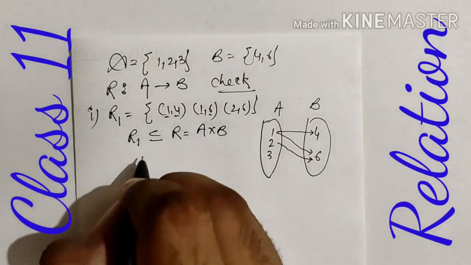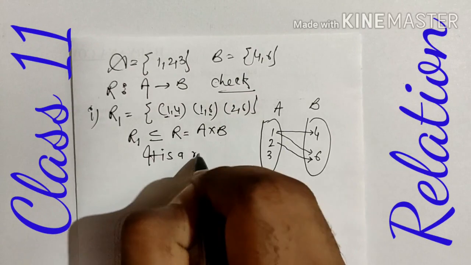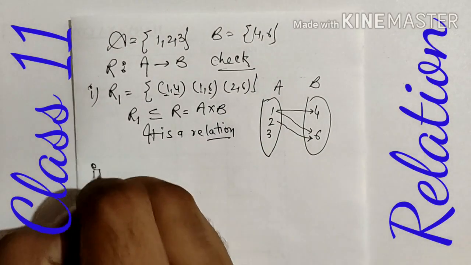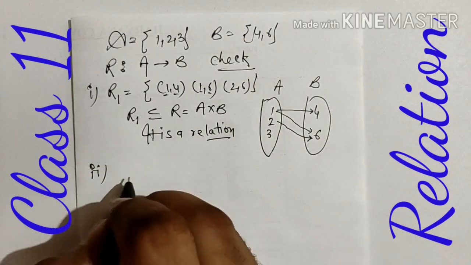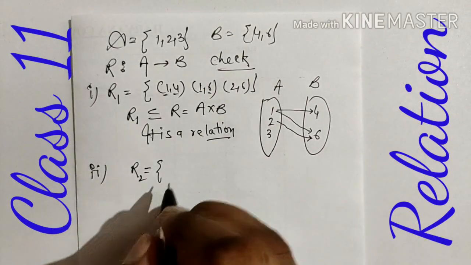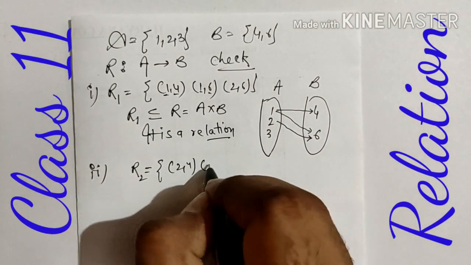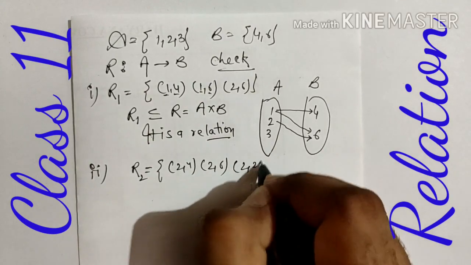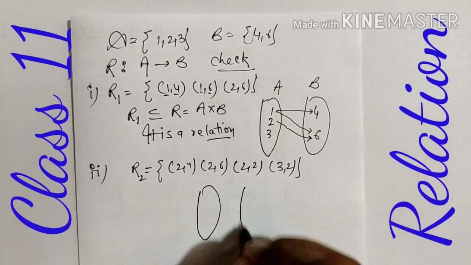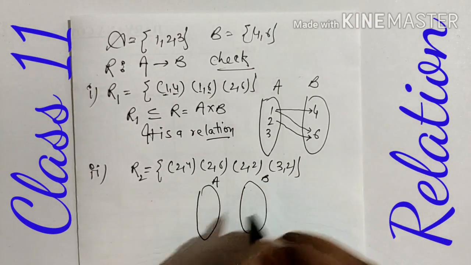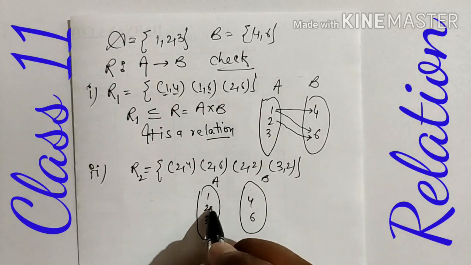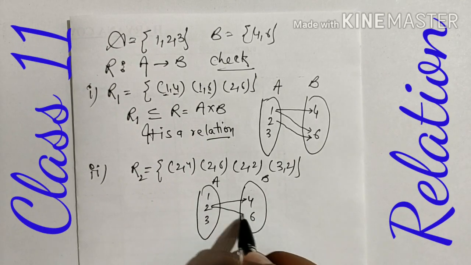So it is a relation. Here we are giving part of relations. Another example we are taking here. R2 is a relation. We have to check 2, 4, 2, 6, 2, 2, 3, 2. If we see it with the help of arrow diagram, A set, B set, 1, 2, 3, 4, 6. 2 is connected with 4, 2 is connected with 6,